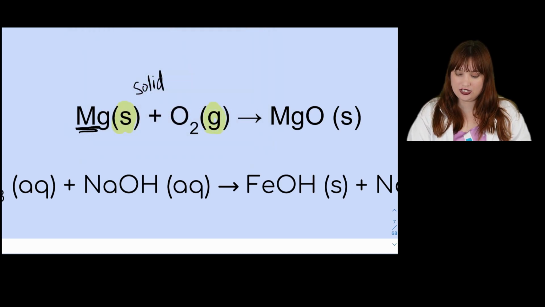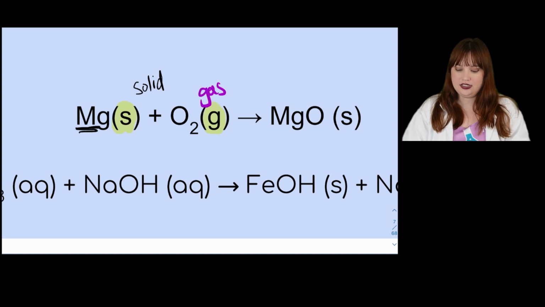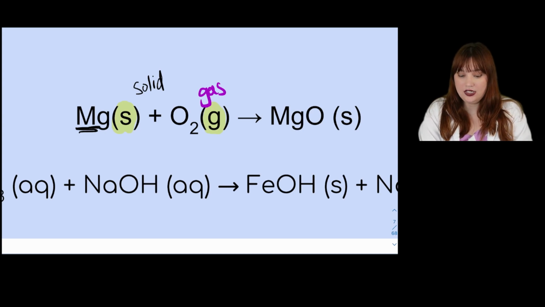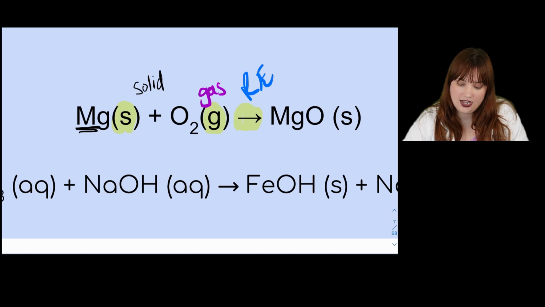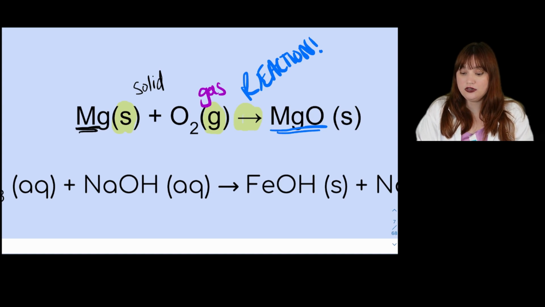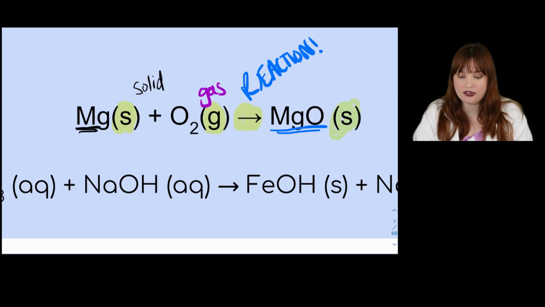Next, I see oxygen as a gas. So oxygen, gas, before this reaction takes place. This arrow tells me there's some kind of reaction happening. So I should be seeing something. And a new substance forms, magnesium oxide in this case. And it's really nice that I have these labels here, because I know that I should get a solid out of this chemical reaction. There shouldn't be any gas, there should be no liquid, it should just be a solid